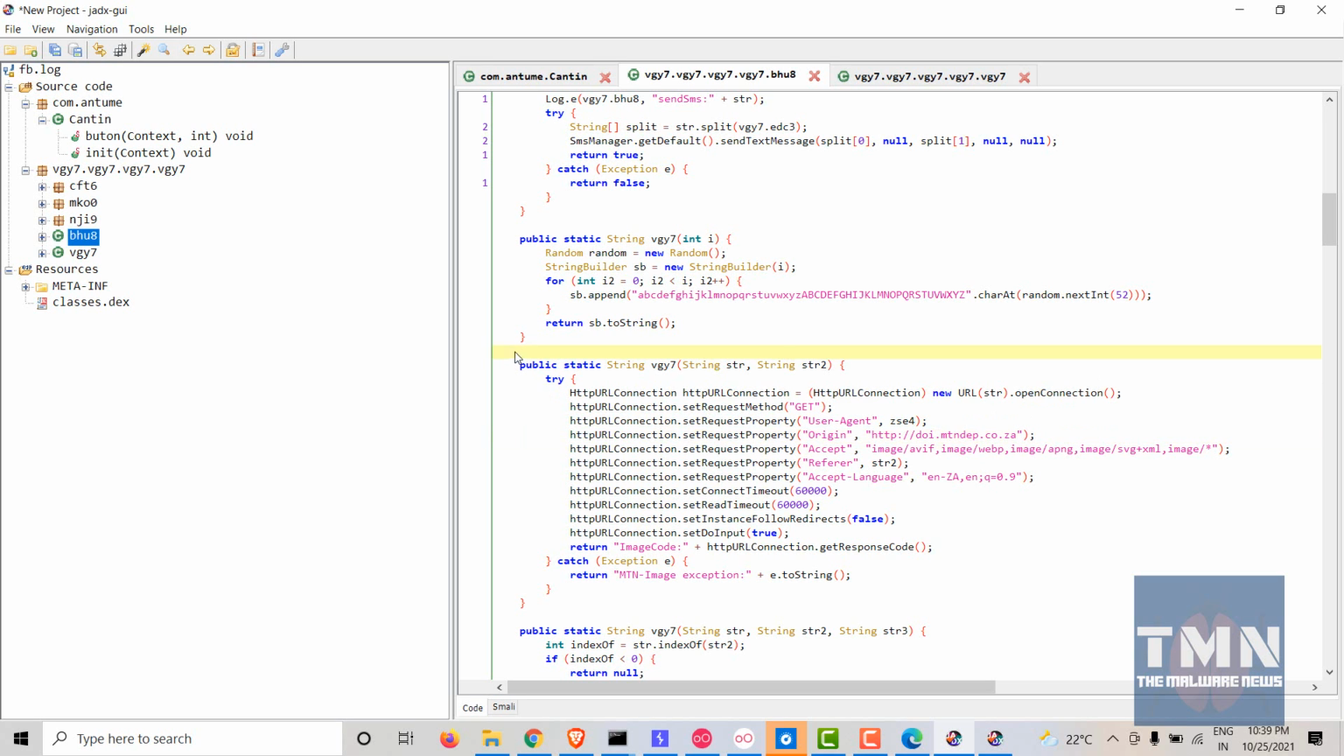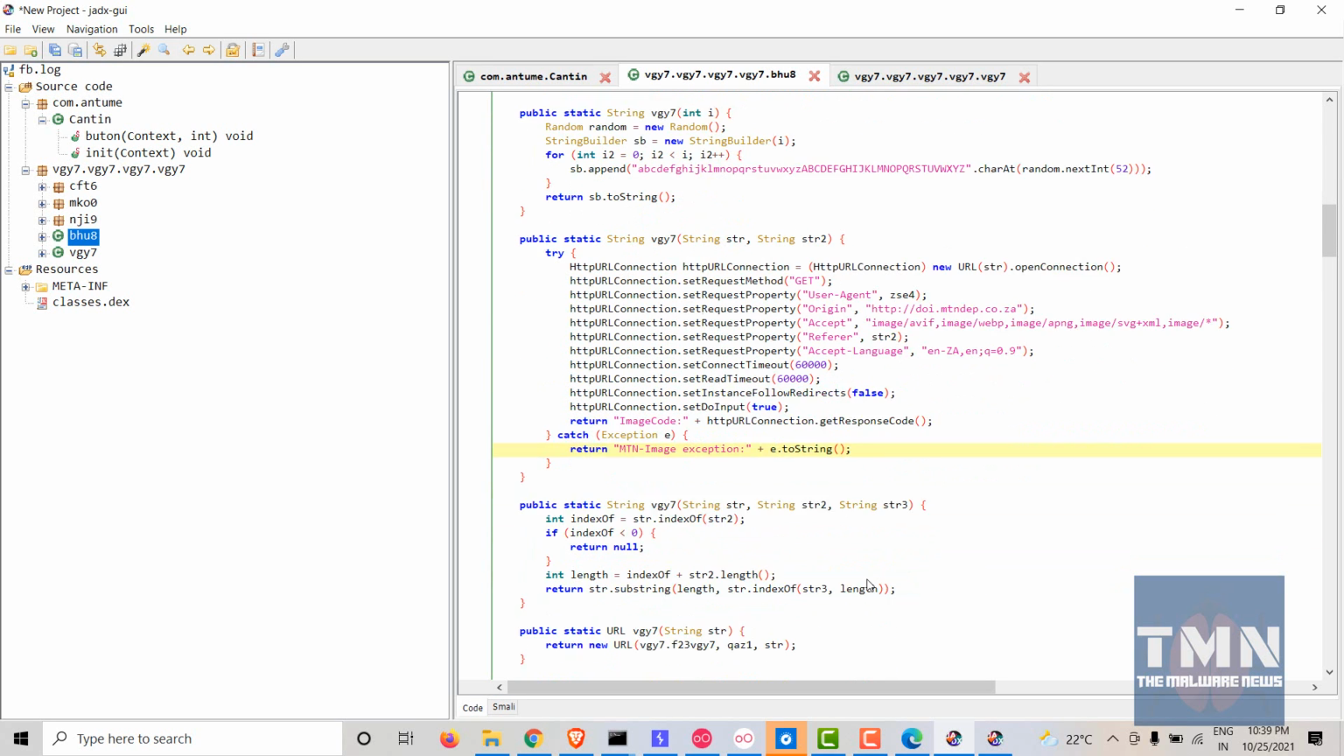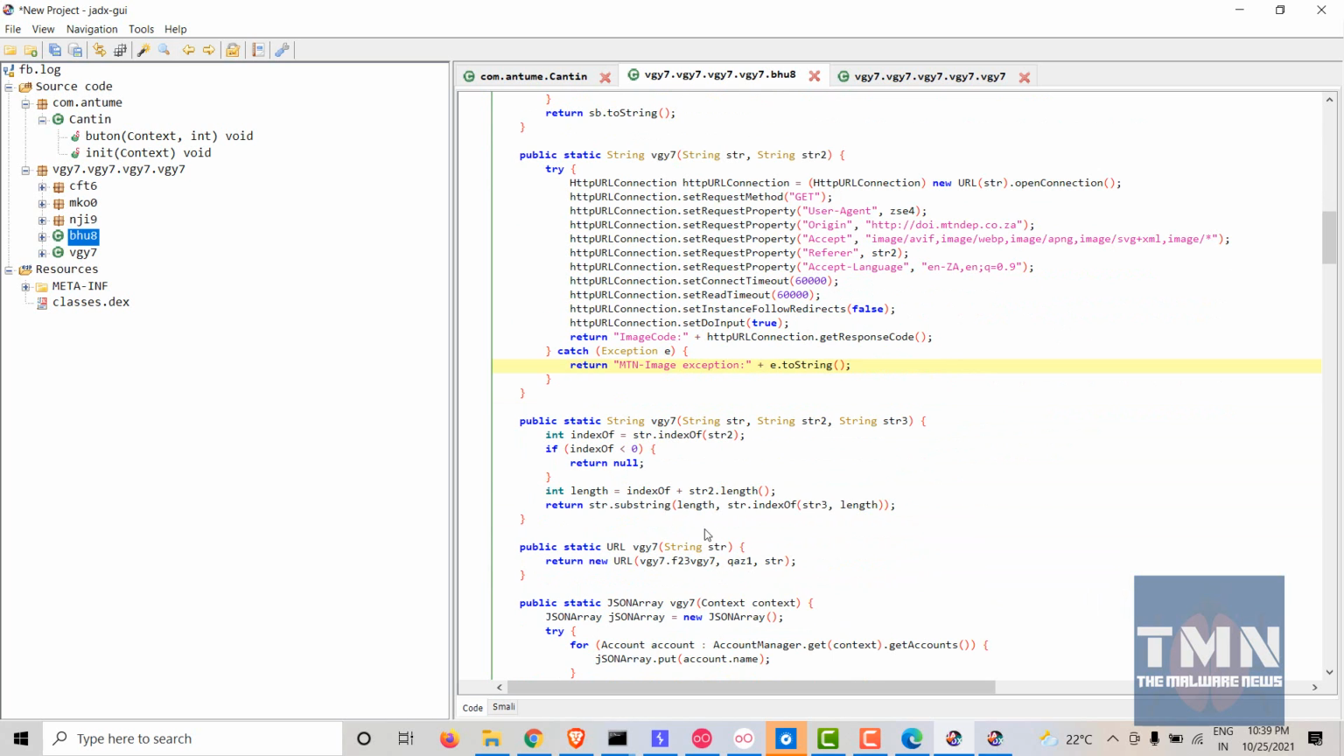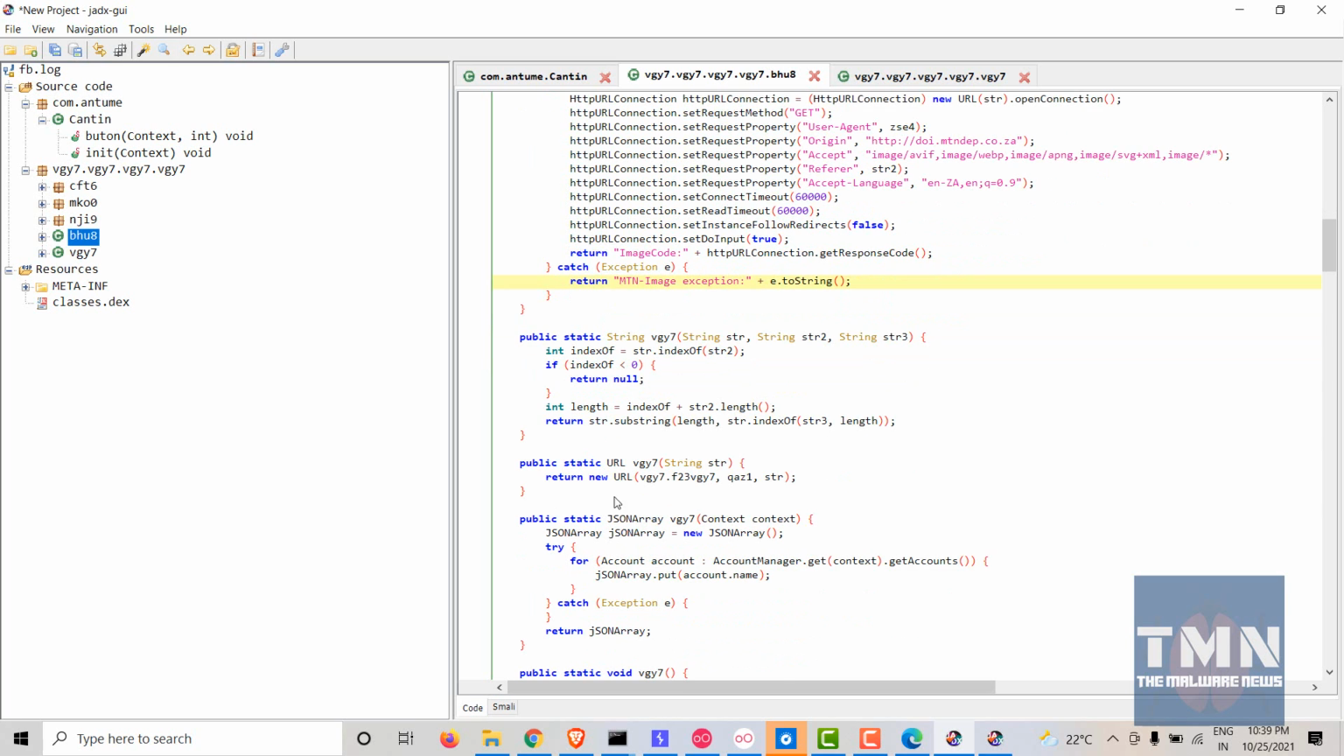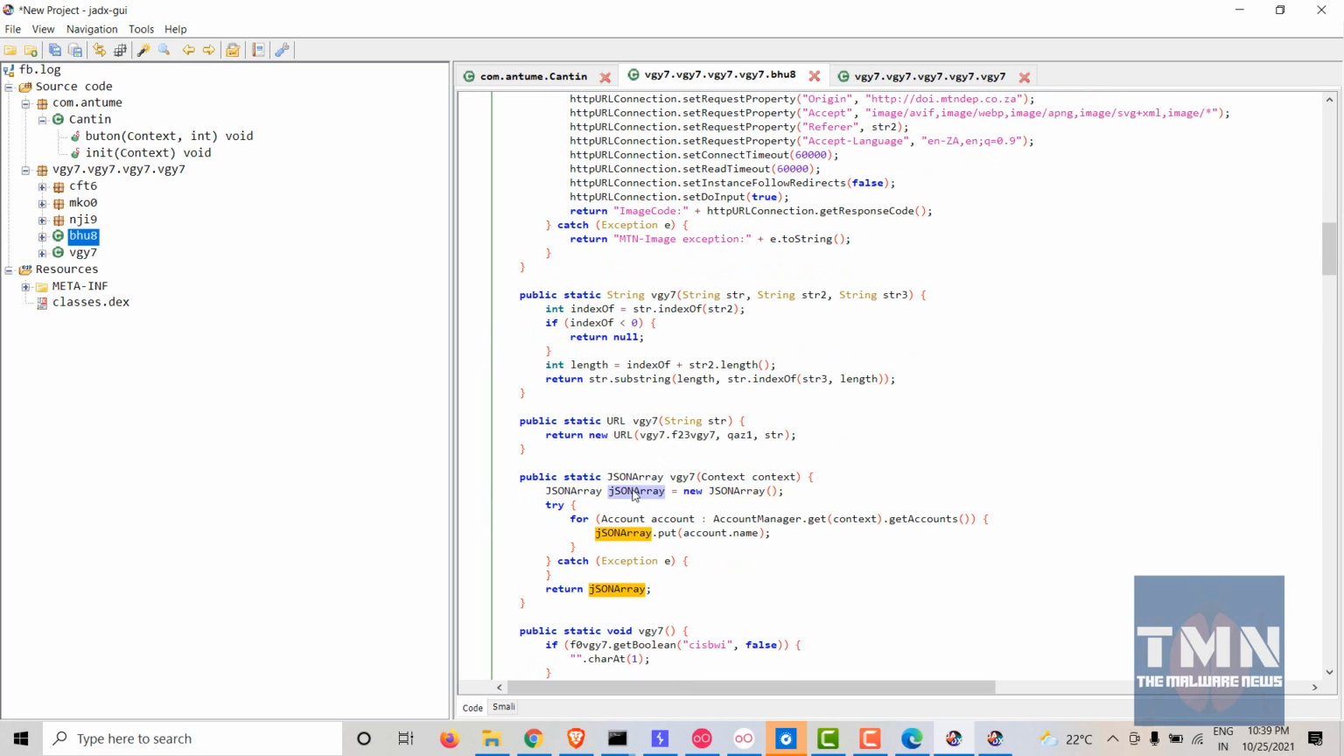All right, so we saw opening connection here. We'll go further. So what is this doing? Index of, okay, calculating. So it has some JSON array. Okay, it is creating a JSON array. It is fetching the account manager. Get accounts, using the account manager API, is getting all the accounts. So what are accounts